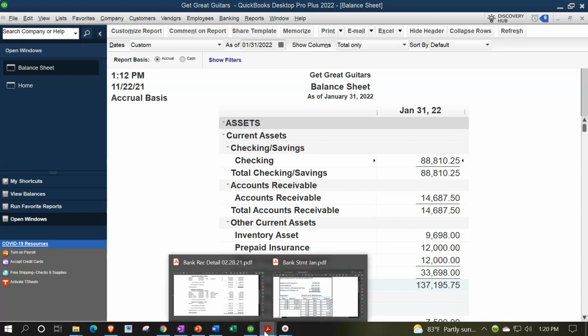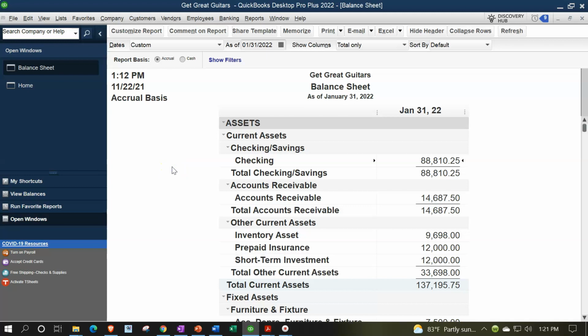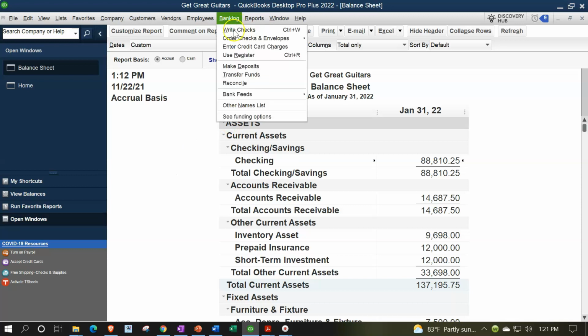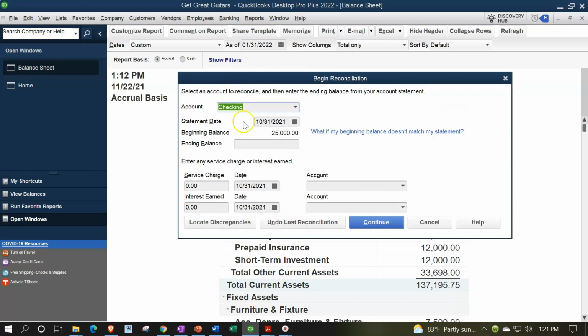If you look at an actual bank, the other thing that people often think of as a bank reconciliation is the act of reconciling, which is different. So if I was to go to the banking here, and I say I'm going to reconcile, and we enter the data in order to reconcile here, and then we start ticking and tying off the data. That is not the bank reconciliation. That is the process of bank reconciling,